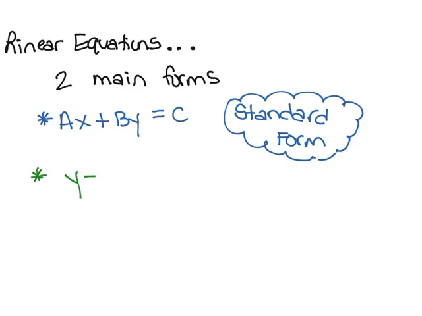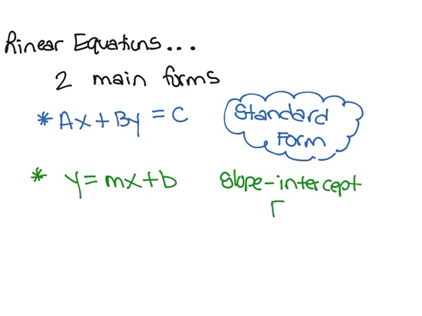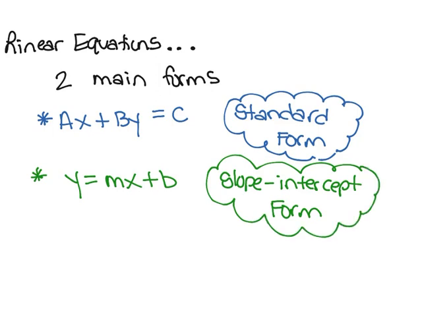Our second form is y equals mx plus b. This is known as our slope intercept form, okay? Now, for graphing in this section, I would like for you to have your equations in slope-intercept